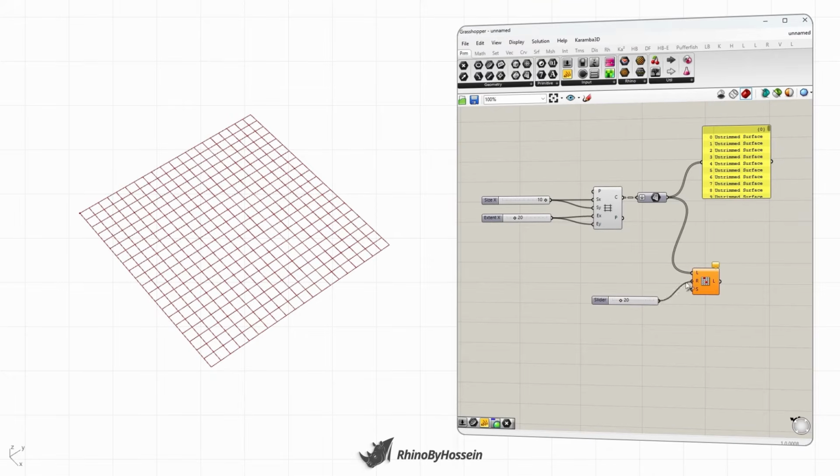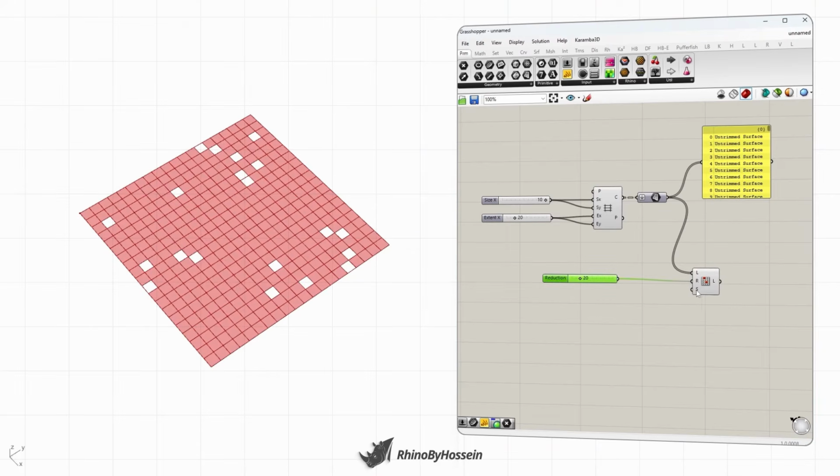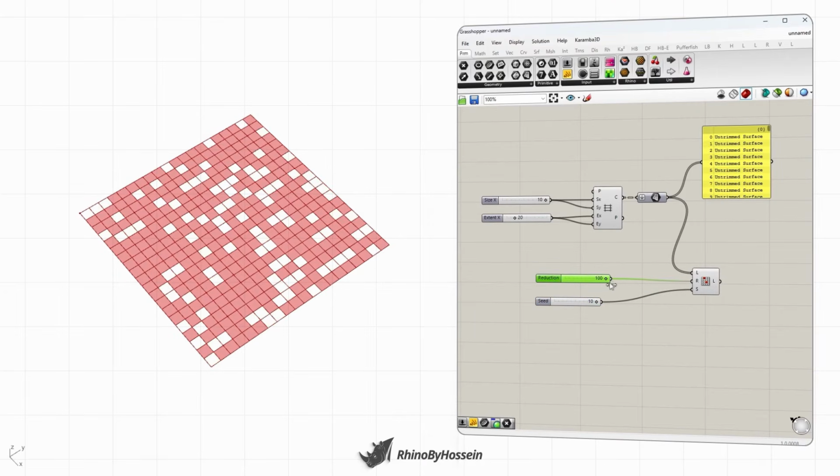When combined with components like random or cull pattern, it allows us to create random yet still controlled patterns. And if we ever need to turn those random values into whole numbers, we can easily use components like round